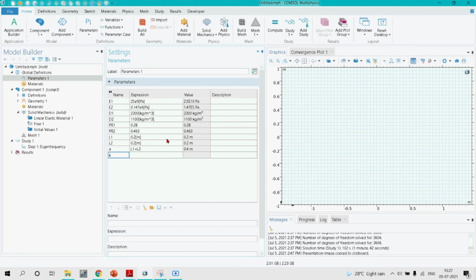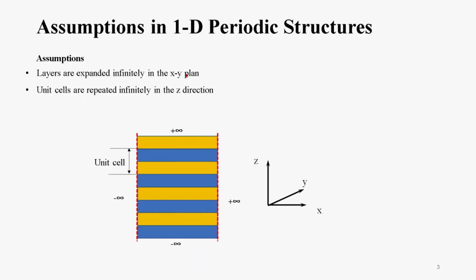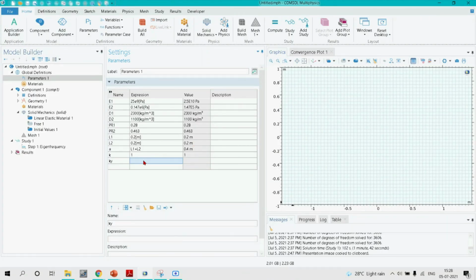So for doing this, we are defining a parameter k. Let's for the time being take it as 1, and this k will vary from minus pi by a to plus pi by a, that too in the direction of z. It will be defined in the direction of z, the periodic boundary condition in the z direction, and a parametric sweep study will be carried out in the z direction by using the sweep parameter k.